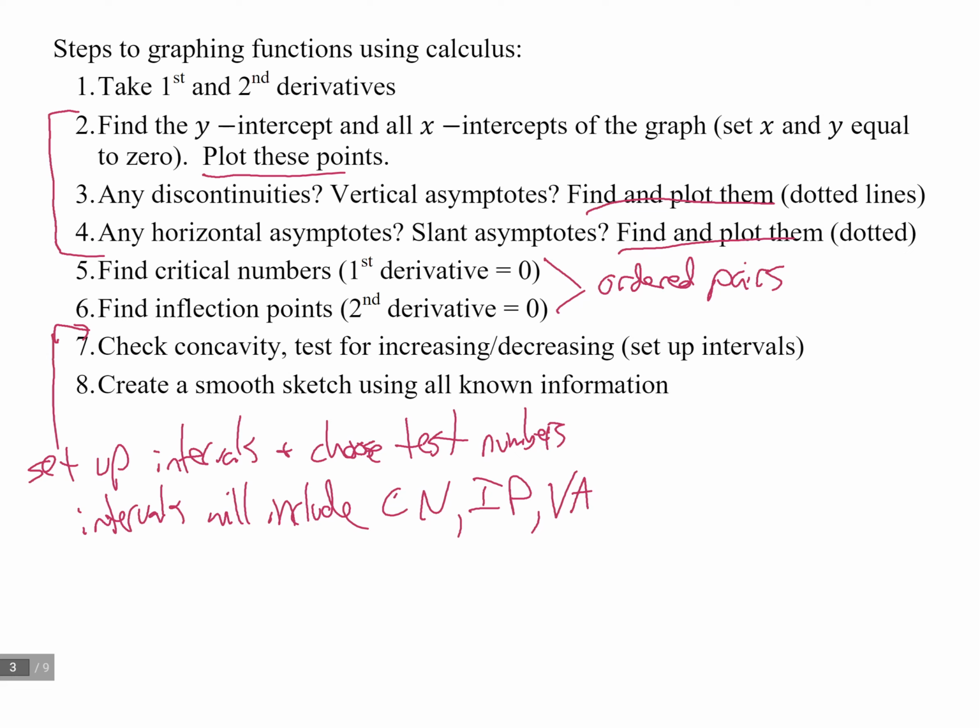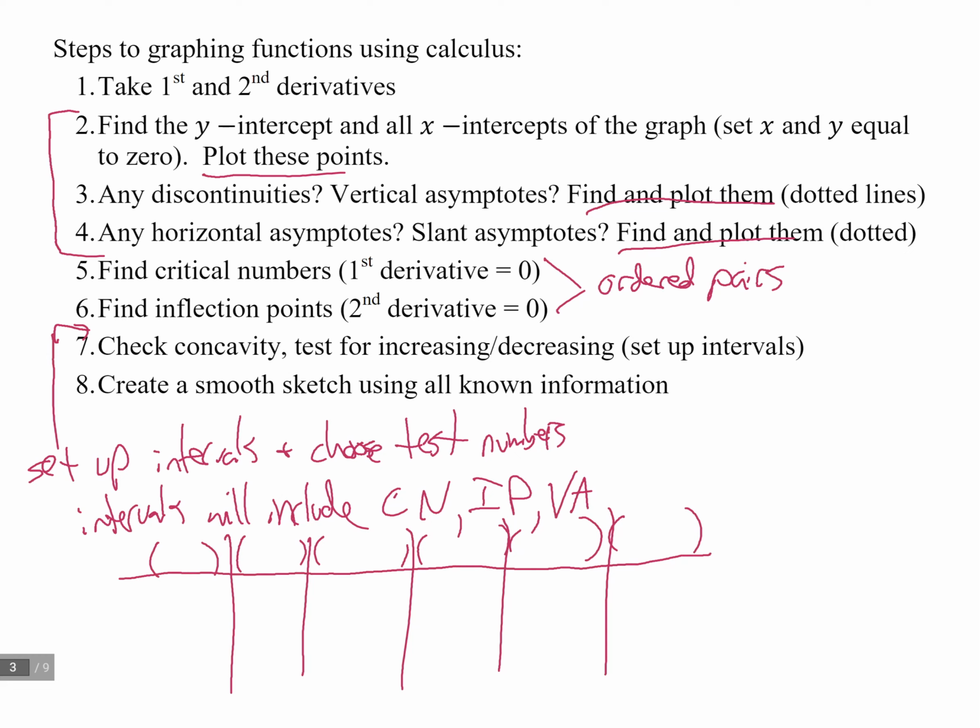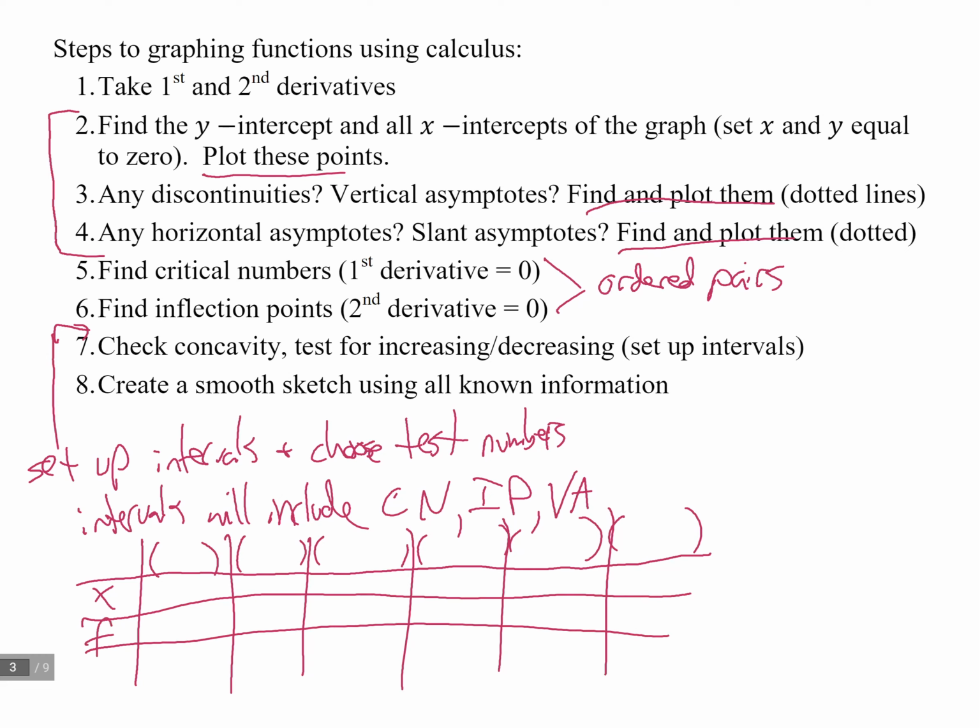So you're setting up your intervals there, okay? So you're going to have a bunch of intervals, maybe a whole lot, okay? Your table now is going to look like a combination of critical numbers and inflection points. So you're going to have x, your test values. You're going to be plugging x into f